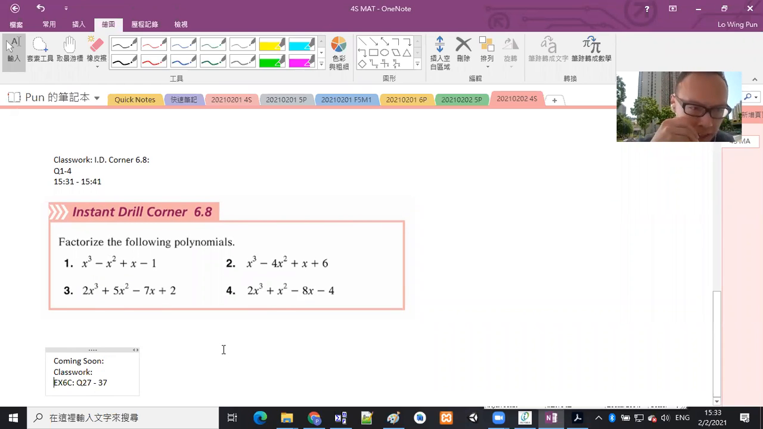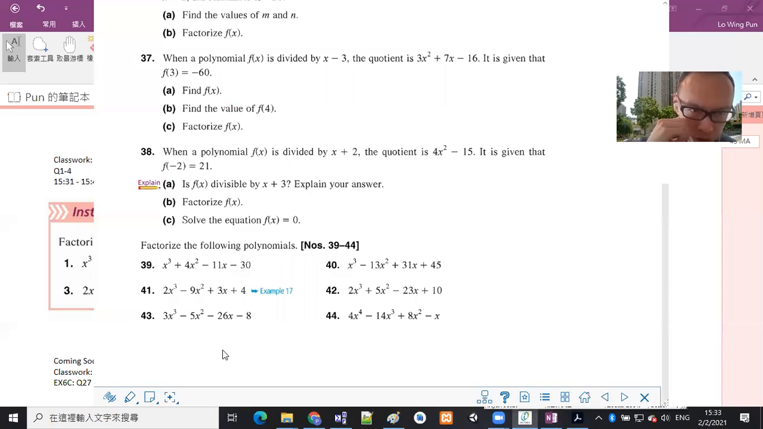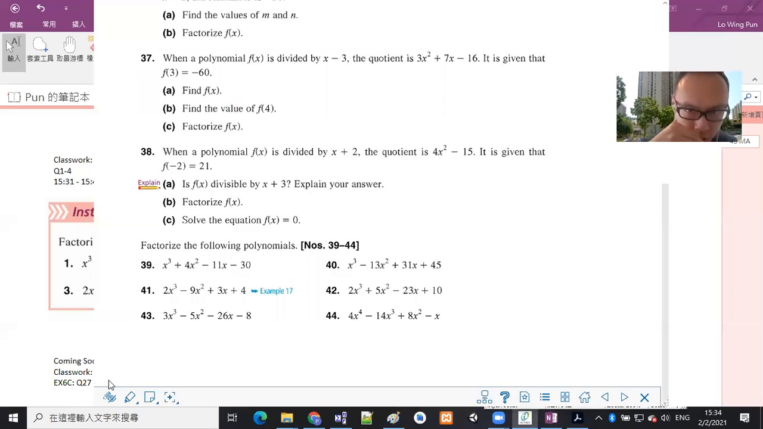If you have done the instant drill corner 6.8, I would like you to try to do exercise 6C, question number 27 to 38. I think 27 to 38 is actually nothing special. It is very straightforward and mechanical. So if you have mastered the skill of factorization here, you may try doing exercise 6C, question number 27